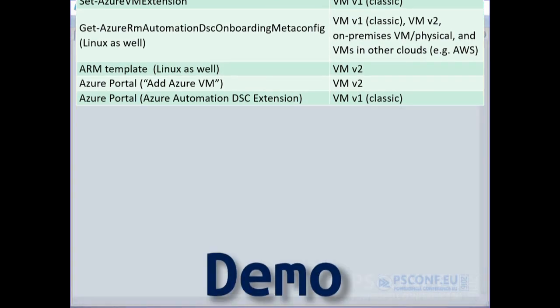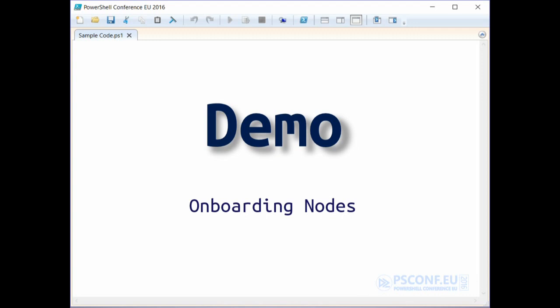So now you will see a few demos of how to onboard certain types of VMs to the service. And I have to stop the AV recording for a minute, so